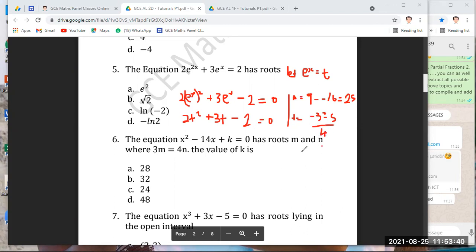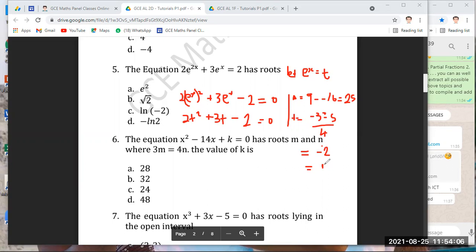So what will be the values of t? So t will be equal to minus 3 plus 5. Minus 3 plus 5 is plus 2. Plus 2 divided by 4